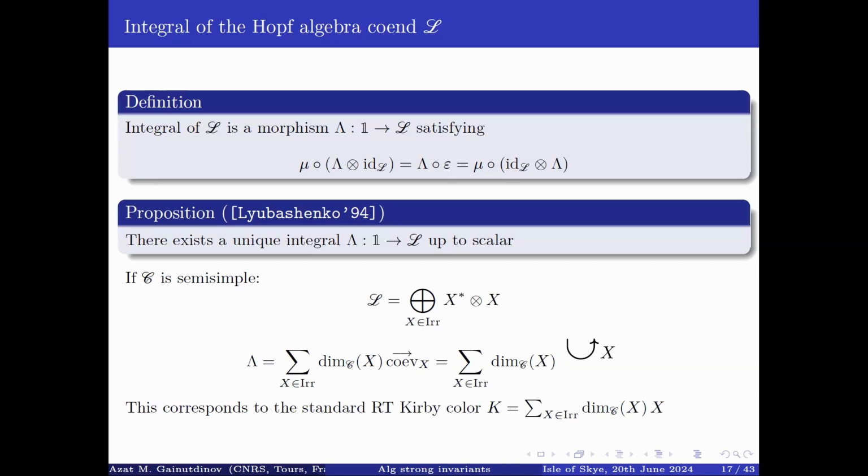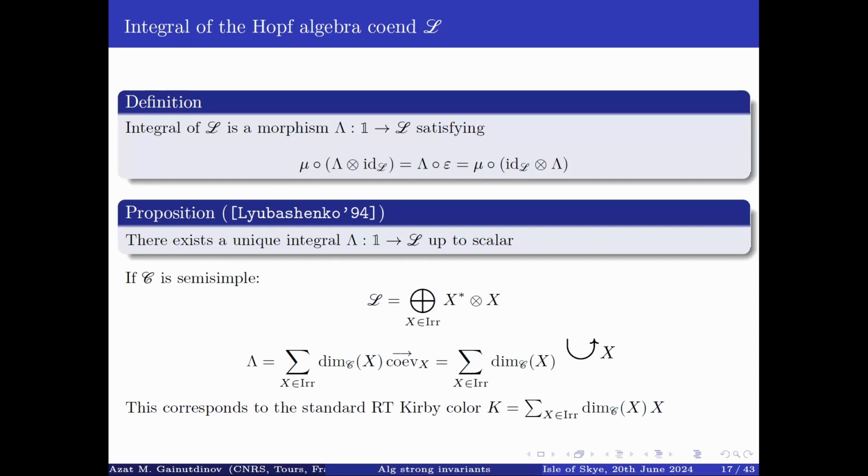And it's unique up to scalar. Let me give you an example. If the category is semi-simple, the coend is just the direct sum of x star tensor x. There's a Hopf algebra structure on such a direct sum, and the integral is just the sum over dimensions of x times coevaluation of x. That's it. It's a special morphism from 1 to